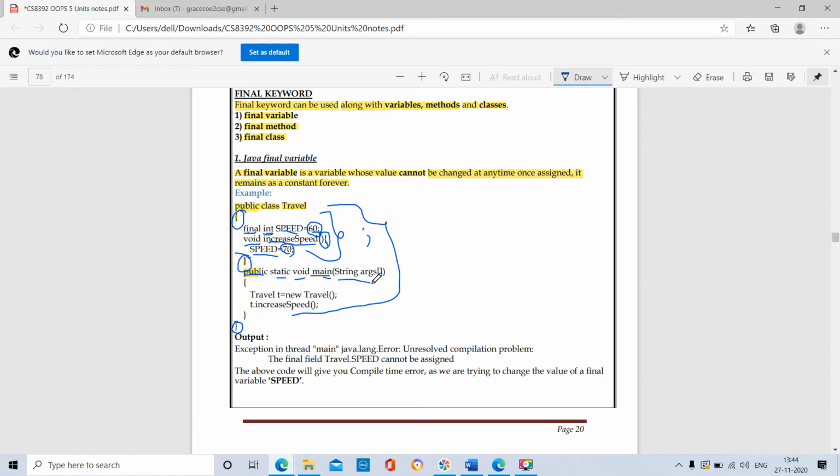This method has parameters, or we are passing arguments. The parameter is String args. args is the array name. Why I am telling this is an array is because we have the open bracket and close square bracket, so it represents an array. The array name is args. This is a single dimensional array.